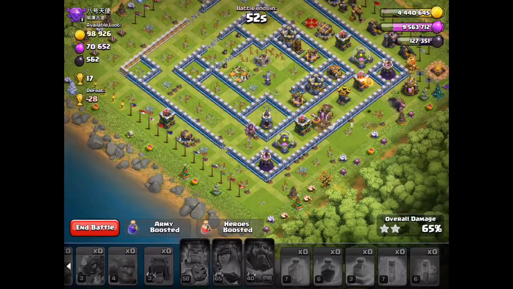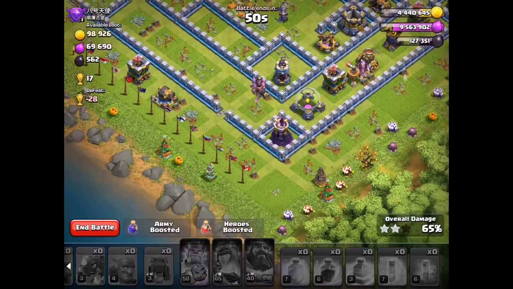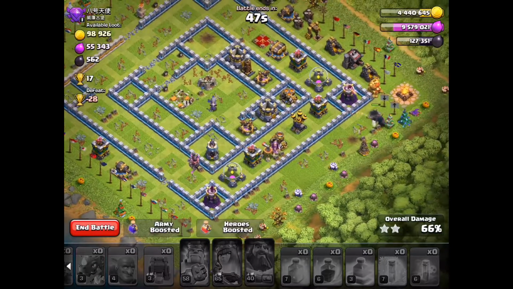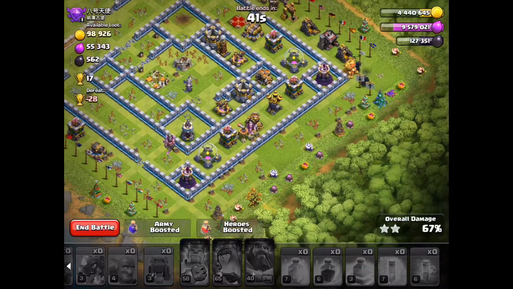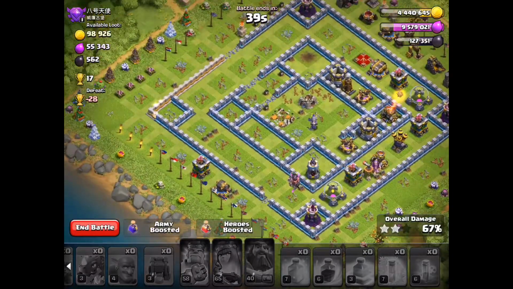Very disappointed, actually. A little story time. I did have a few of those, but they spawned way too far into my base, so I was not able to keep them. As you can see, these PEKKAs wrapped all the way around the corner of the base. Man, this guy's got 2 of those. Man, I'm a little jealous, but